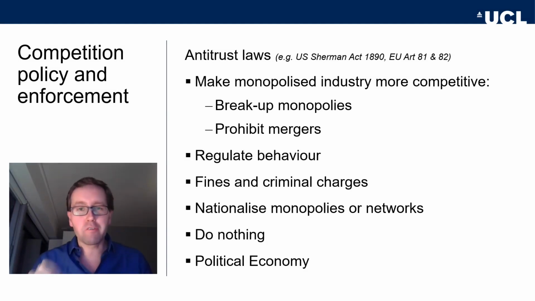So once you have identified the problem and said, okay, we have a monopolist here, they are engaging in bad behavior, we have found evidence of a cartel, then basically there are antitrust laws on statute that the competition authorities can use to do something about these problems. And in the US, for example, this is based originally on the Sherman Act of 1890, and then the Clayton